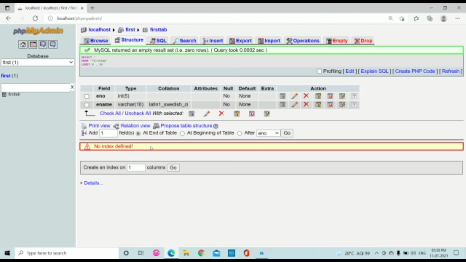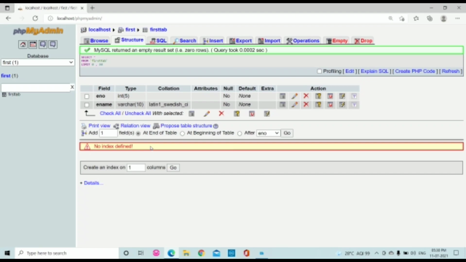We have created only two columns, which are e number, which is an integer, and e name, which is a variable character. So let us create a program in Python from where we can access this. You can create privileges. The authentication password required for coming into MySQL is root. By default, the user is root, where we have all the privileges to do the insert, the update, and to delete. All the privileges are sanctioned for root.